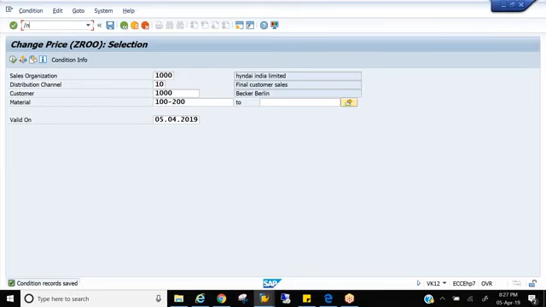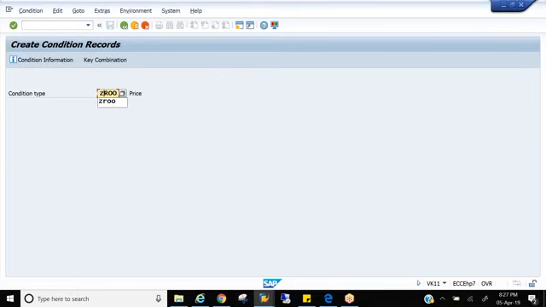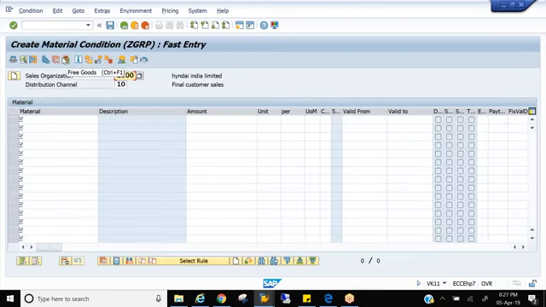Now let me go to VK11. The condition type is ZGRP, and in ZGRP we are telling the system that if the customer is buying this material, let's say 100, 200, and the amount is 1000. Click on scales here.